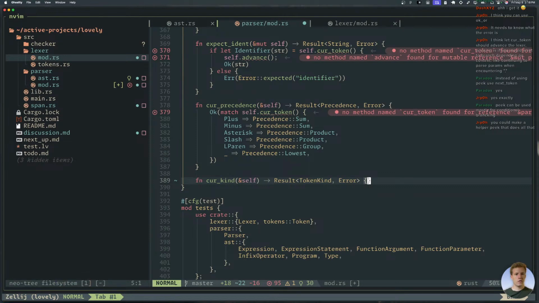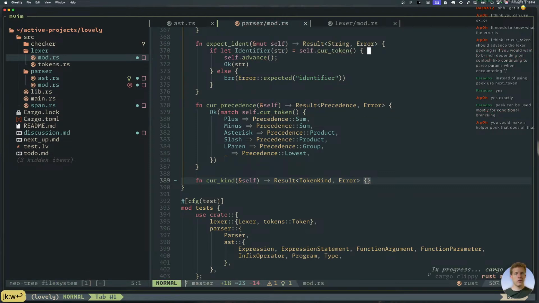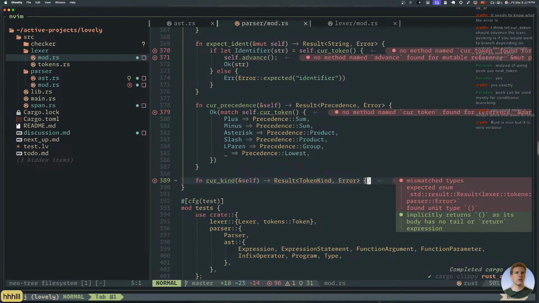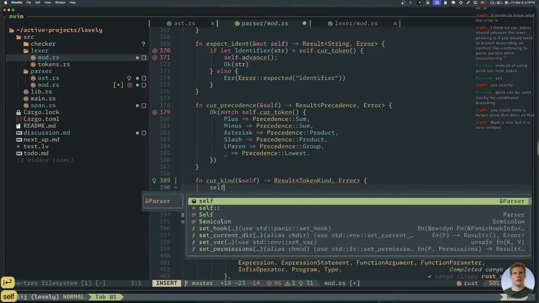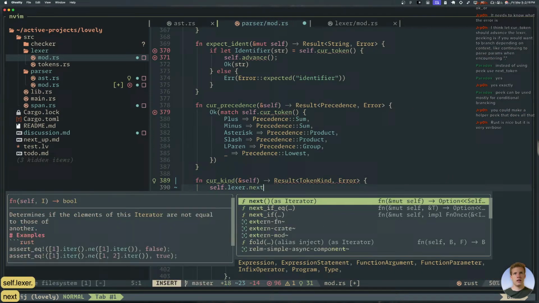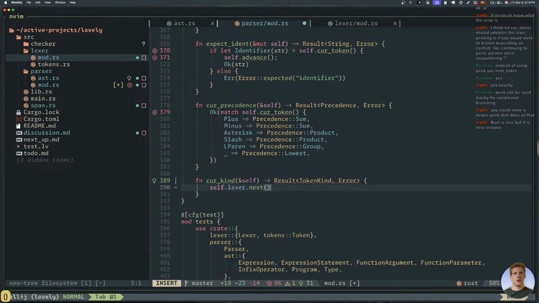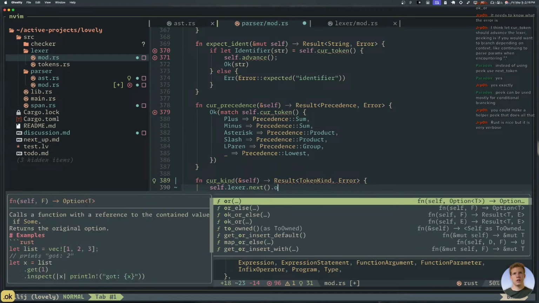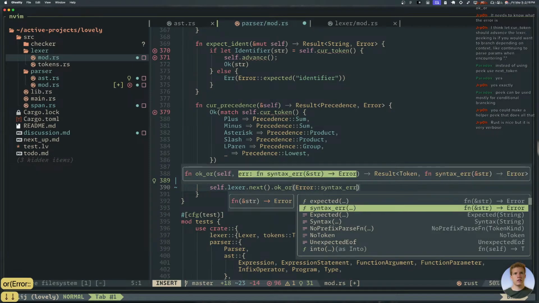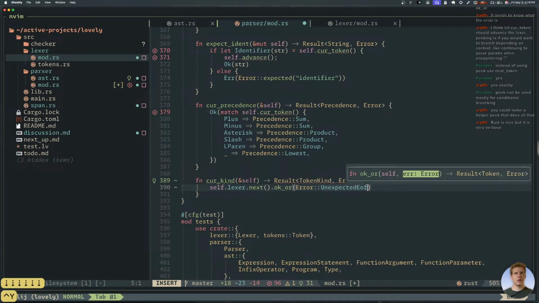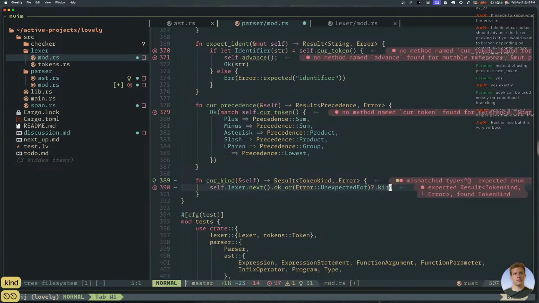Rust is nice, but is very verbose. Exactly. Very nice and very verbose. Okay, this is going to return, what does it do? You go like self.lexer.next.ok_or error, unexpected end of file, question mark dot kind.